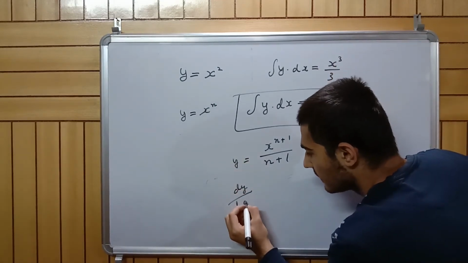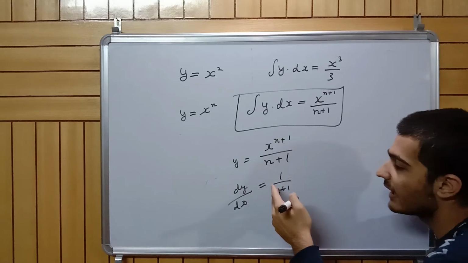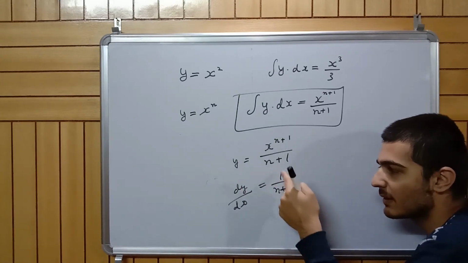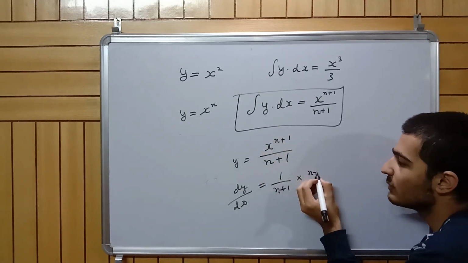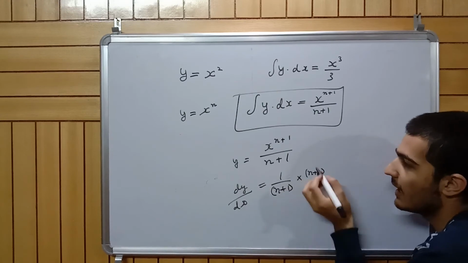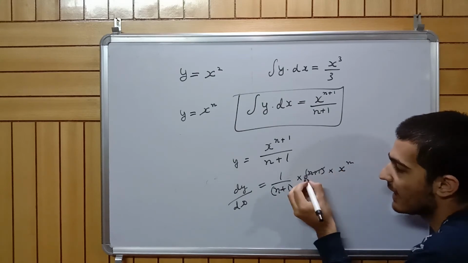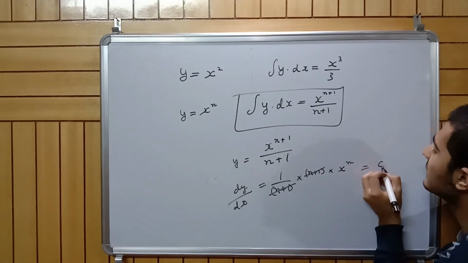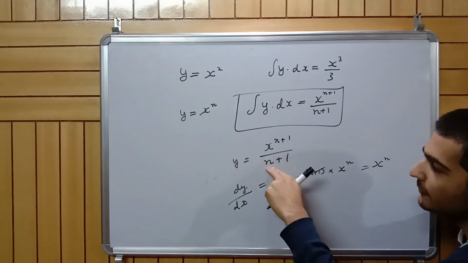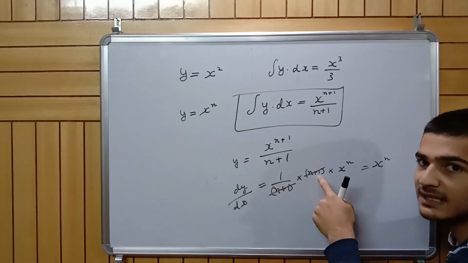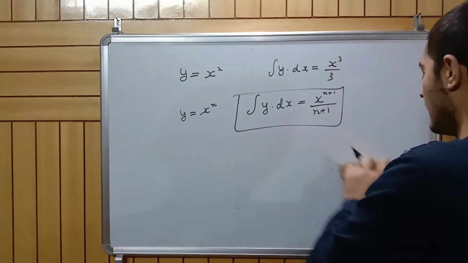dy by dx equals, if I differentiate this, I keep the coefficient as it is. So my 1 by n plus 1 is my coefficient. I keep it as it is, multiplied by, now I get the power at the position of the coefficient. So my power comes here. And I reduce this by 1. So this into x raised to power, reduce that by 1, I simply get n. And I cancel this by this, and I simply get x raised to power n. And that is simply this. And that is why I have this n plus 1 here, so that I can cancel it with this, okay? So I hope that should also be fairly simple for you, and this is the way you integrate.